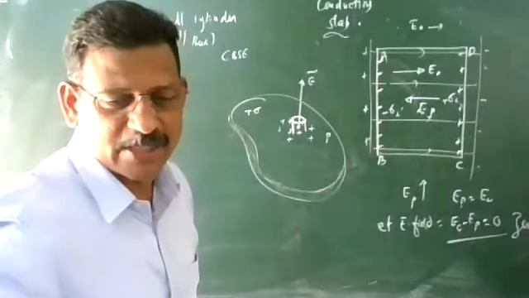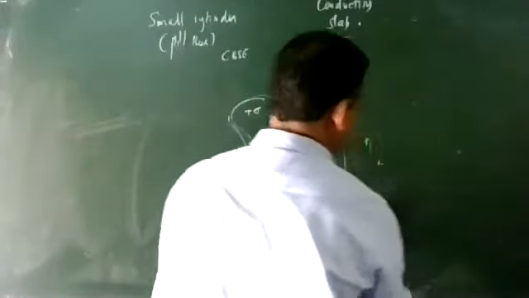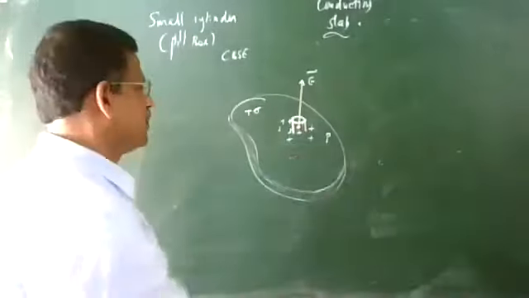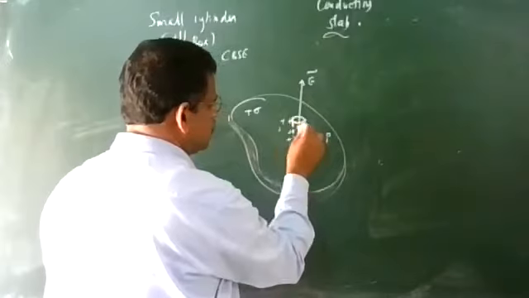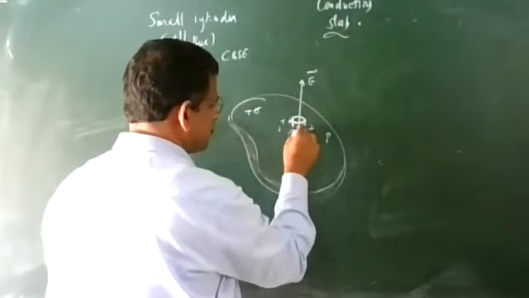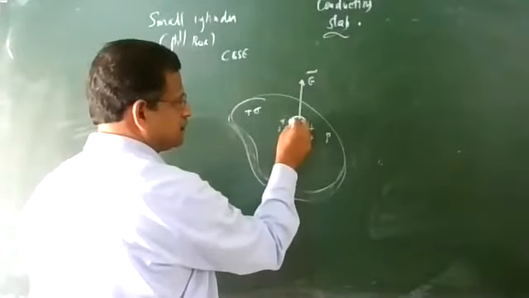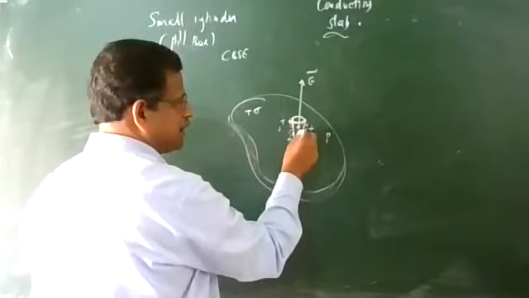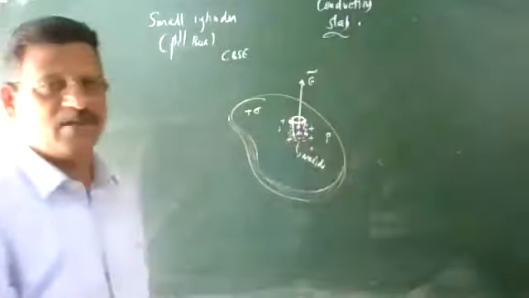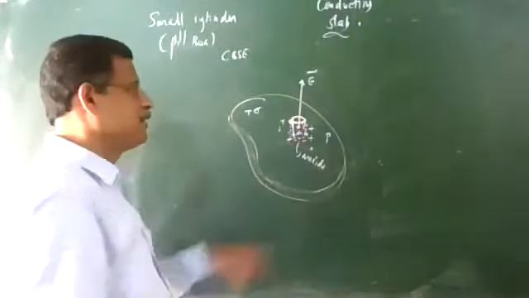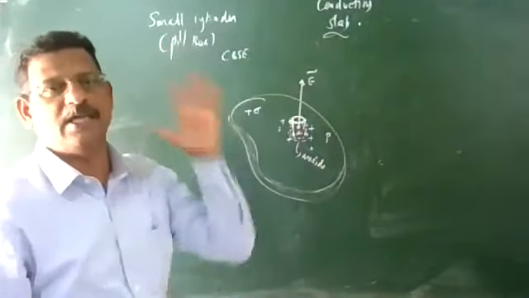Inside the conductor, as we just explained, there is no electric field. Inside there is no electric field, potential is constant. So inside the electric field is zero. The inside half portion I am showing with a dotted line. This part is inside the conductor, so there is no electric field inside, it is zero. And some portion is outside. So it is a cylinder, some portion outside, some portion inside.